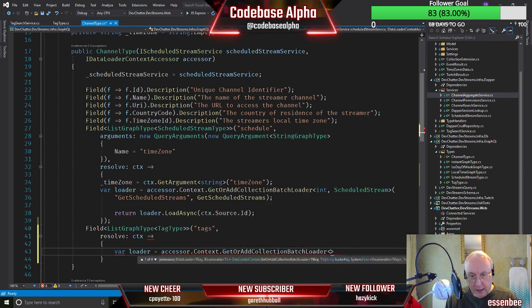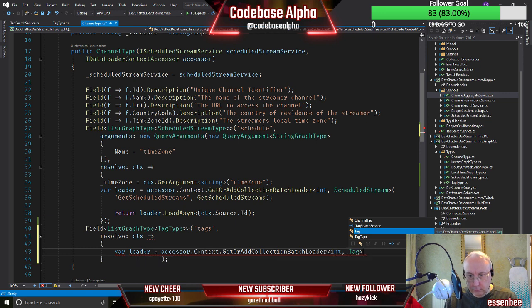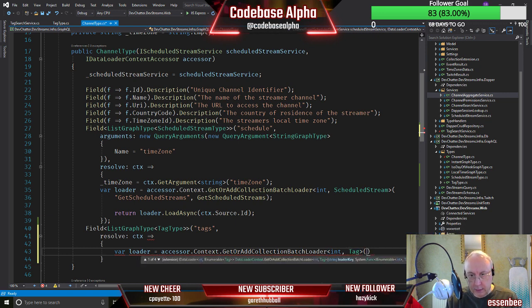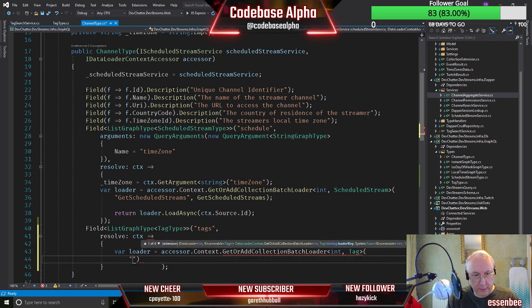So we're getting back a lookup, which is an int and tag, and we got to give it a name, which is we're going to call get channel tags, and then we need a delegate, which we'll call get channel tags, like that.